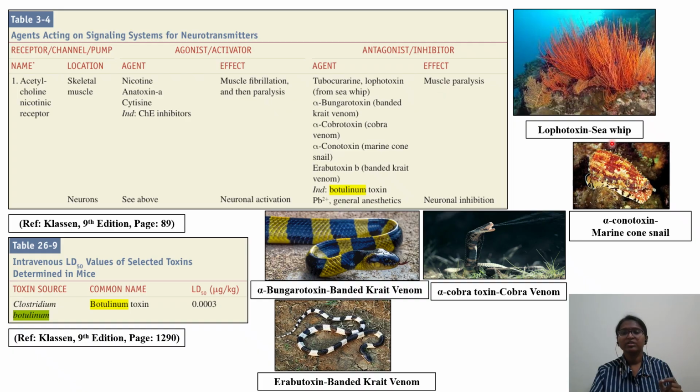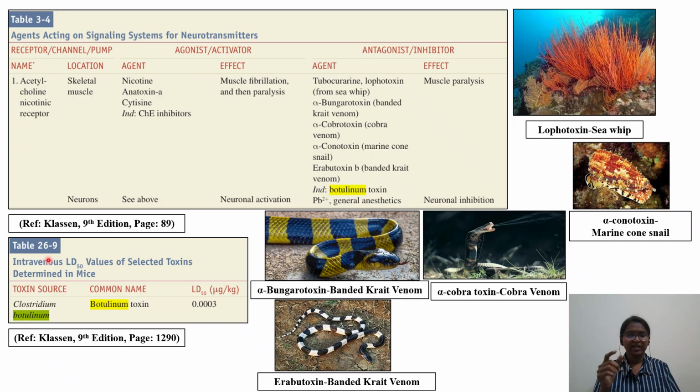Lophotoxin, CVIP, alpha conotoxin from the marine cone snail, alpha bungarotoxin, ergotoxin from bat gate venom, and alpha cobratoxin from cobra venom. Okay. In addition, on page number 1290, I have found one list of LD50 values with respect